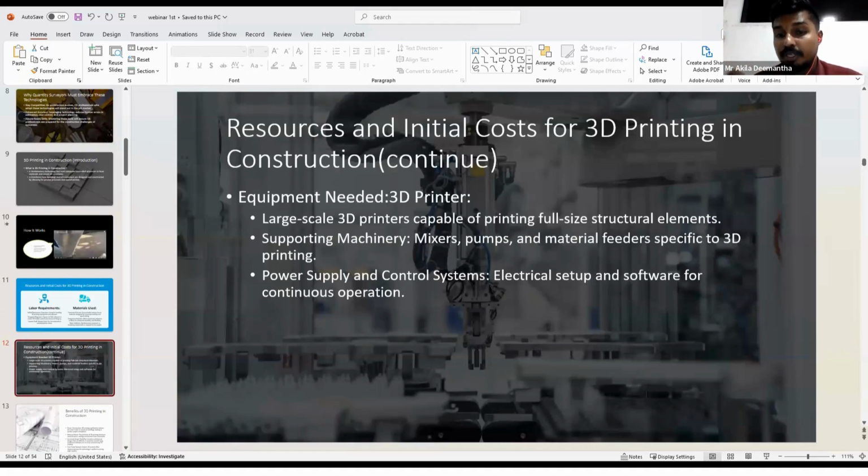So continuous operation of the 3D printer requires a reliable power supply and a control system to manage the software that controls the printer. As an example, in Saudi Arabia NEOM project, now in the design stage, they are implementing the 3D printer. So the 3D printers used were large enough to construct entire building walls in a single session, right? So the supportive machinery ensured a smooth flow of materials while the control system adjusted the printer's output for different design elements, right? Okay,